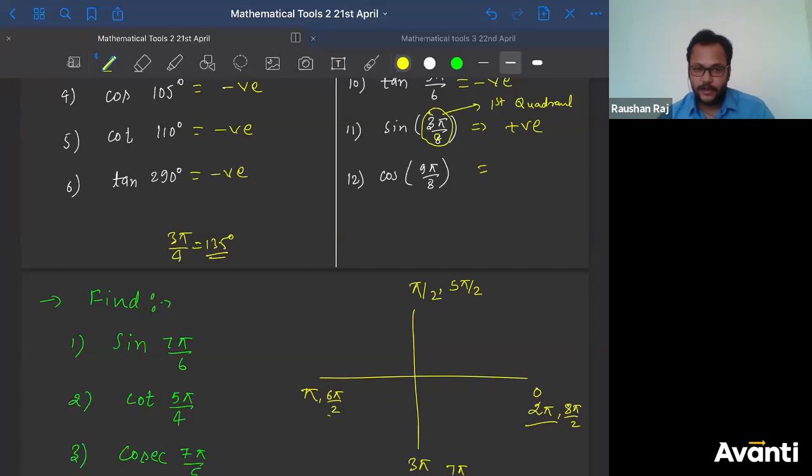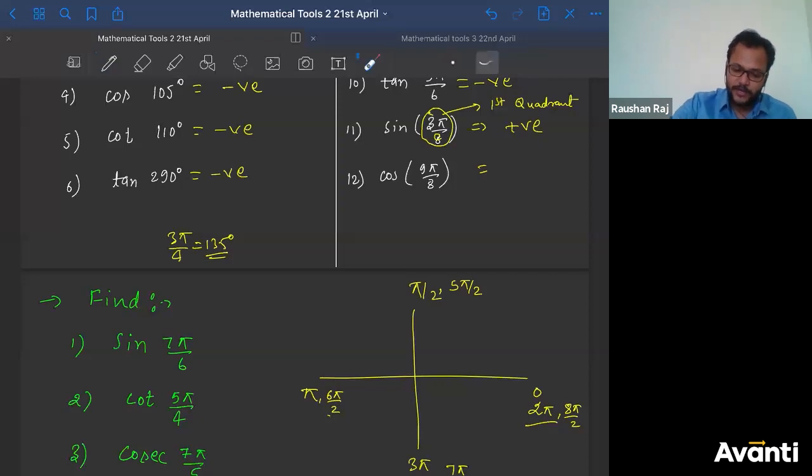See, there are a few things that you have to do all the time. Sometimes you have to convert into pi form or into degrees, whichever looks easier to you. Few of you were saying 67.5 will be the answer, but then you have to find the decimal, which is a bit complicated. I think doing it this way will help you a lot. If I say 3 by 4 into pi by 2, that means 0.75 pi by 2. This is 1 pi by 2, this is 0 pi by 2, so the angle should be in between. So first quadrant. I don't have to exactly find the value 67.5.